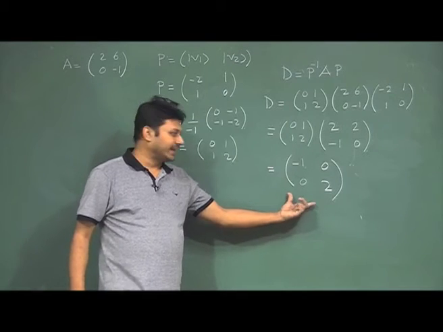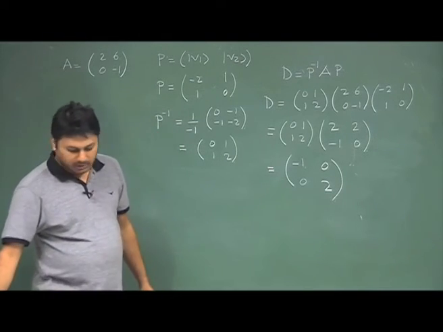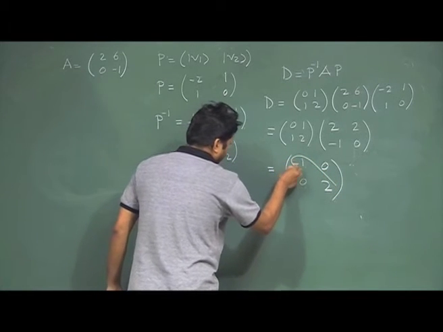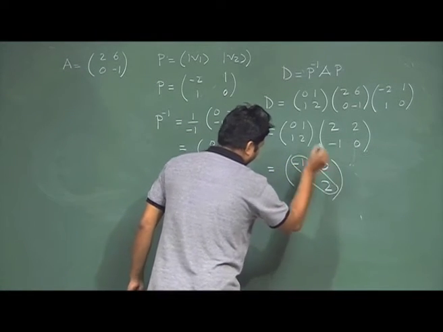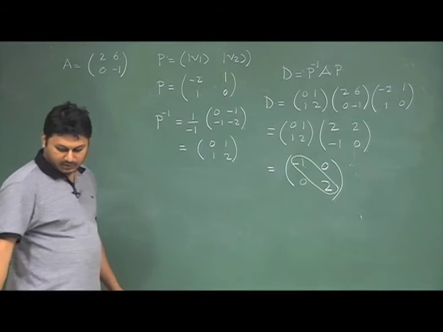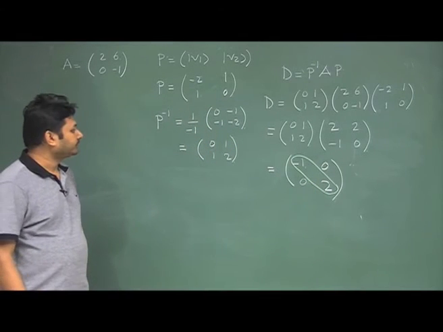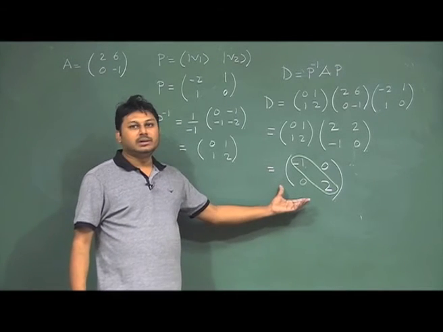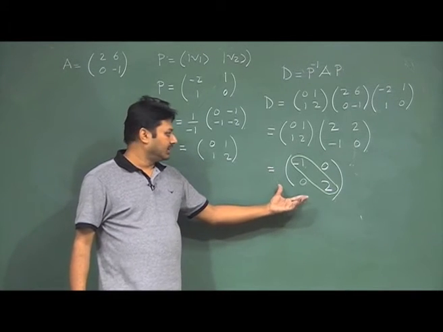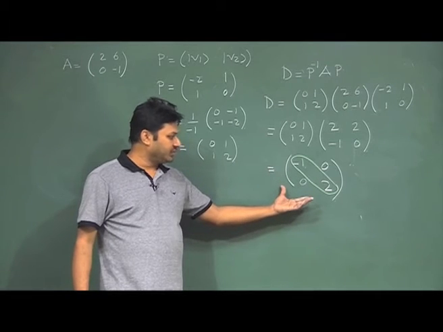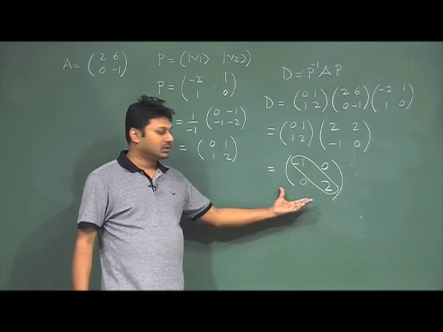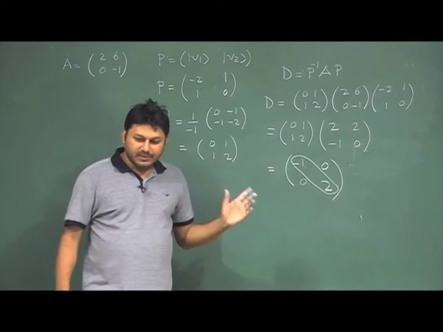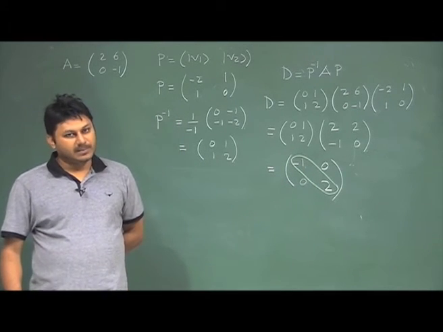First conclusion. The second thing is that please look at these elements, which are the eigenvalues that I figured out. One is minus 1 and another is 2. So I found a very important recipe, using which you can figure out how a matrix can be diagonalized. The same recipe can be applied for a matrix of any dimension.